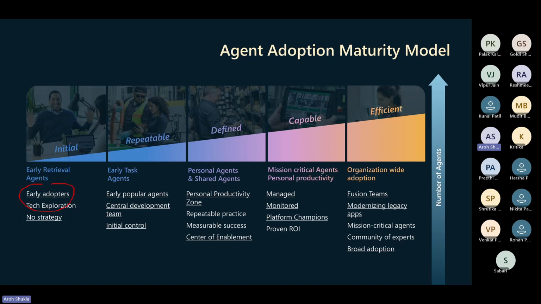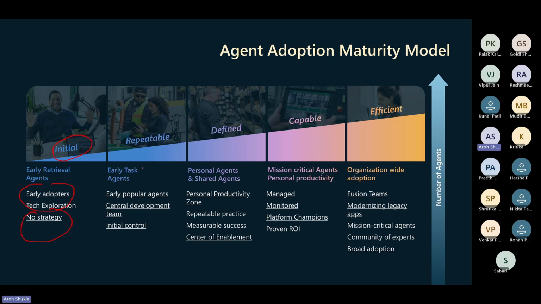We do a POC for the users. Think about the pilot, right? At that time we have no strategy. We just want those 3 or 4 departments to understand how the agents will work. It can be your SharePoint, a Microsoft Copilot, or your Azure. I'm talking about adoption in general, not about a product.